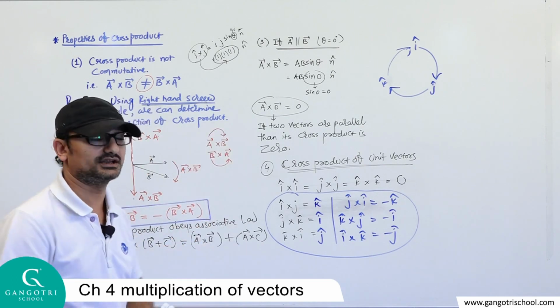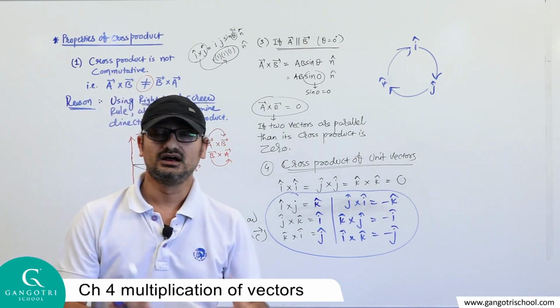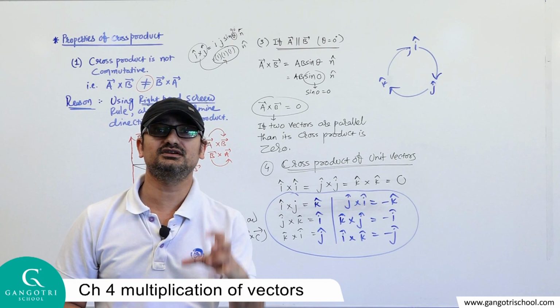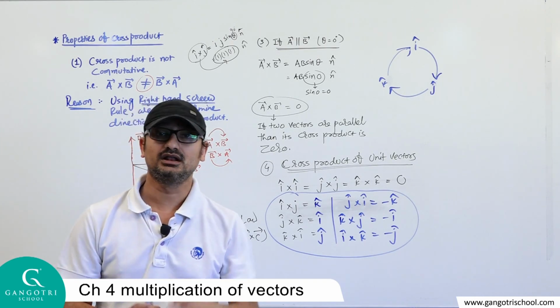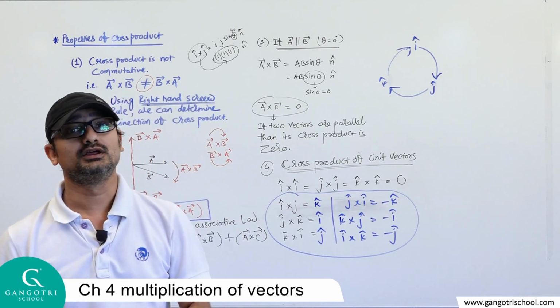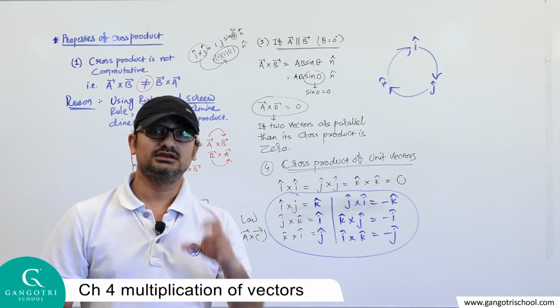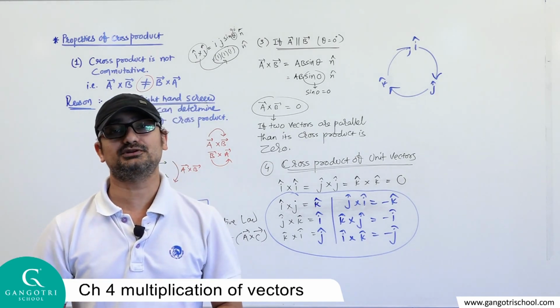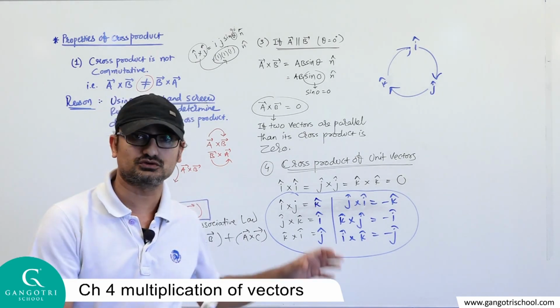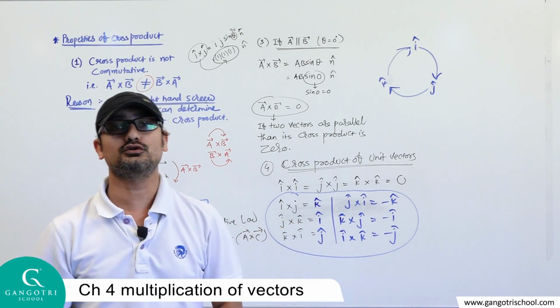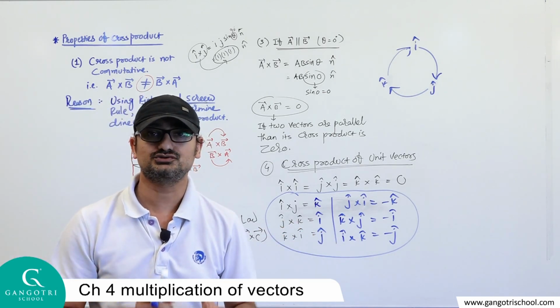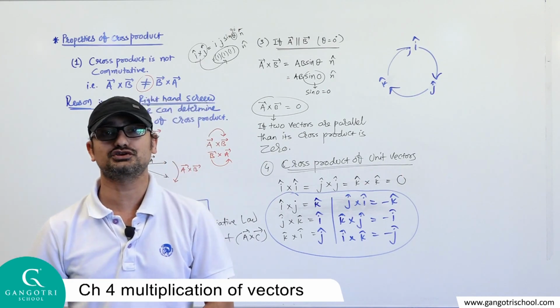So these are the properties of cross product. Again, I want to mention that this topic is actually not present in this chapter, but is related to the vector concept. You should know it right now, as it is very helpful in future chapters also. As I said, in chapter number 6 also, cross product and dot product are very important for us. So these are the concepts of multiplication of vectors.